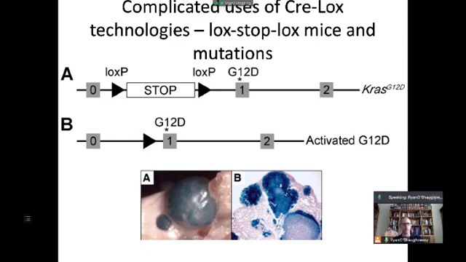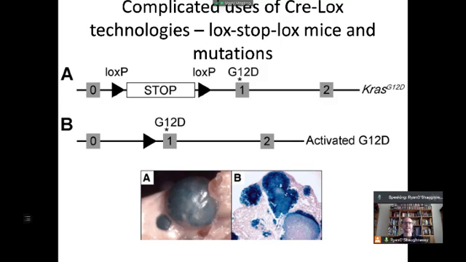But while we have that stop in there, the KRAS can't be fully transcribed. It's a stop codon. It will prevent the transcription of that KRAS. In this case, when the LOXP sites are cut out by Cre, this is removing that stop, and it actually restores the